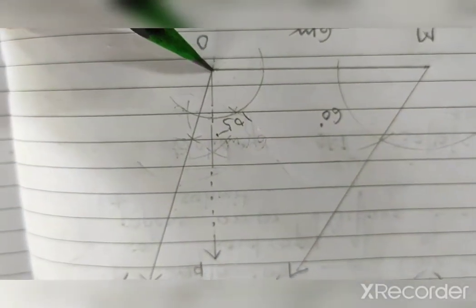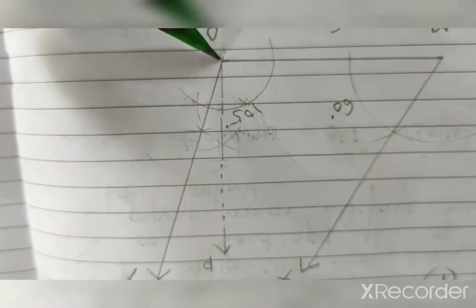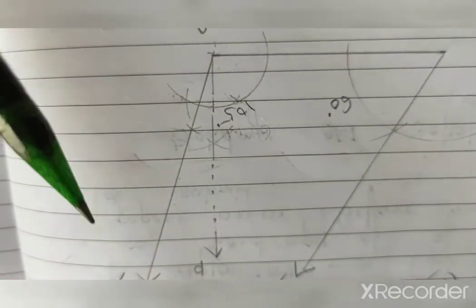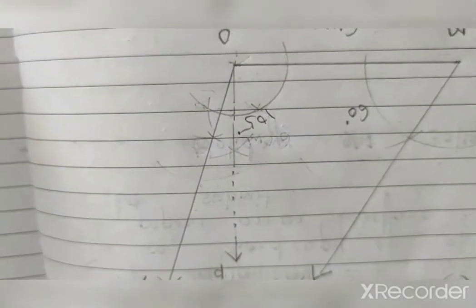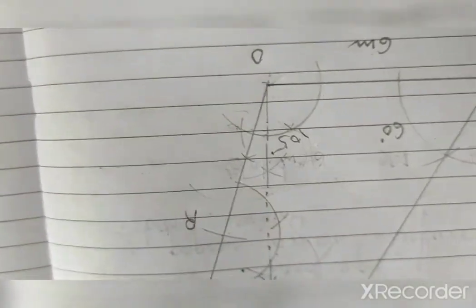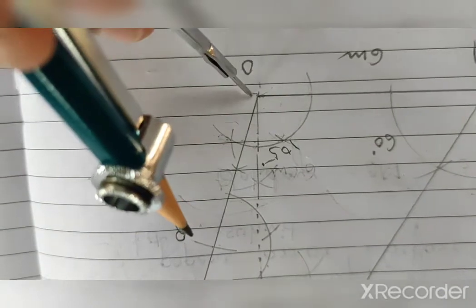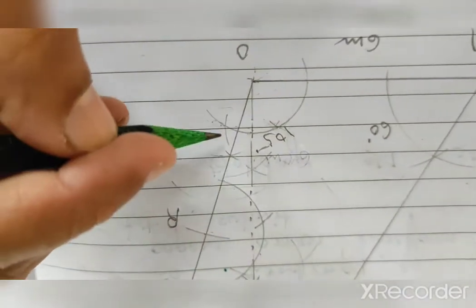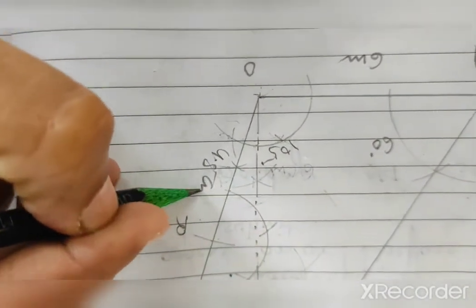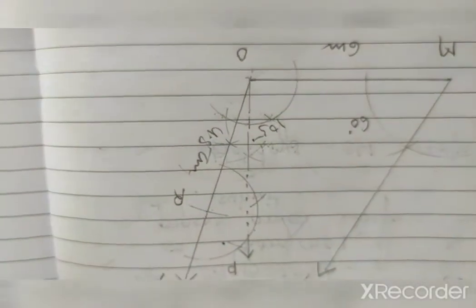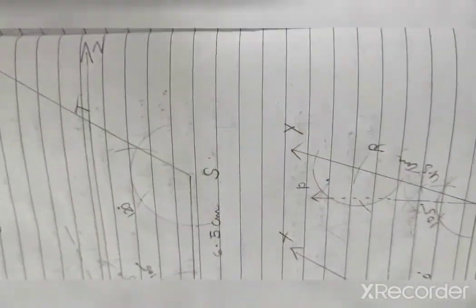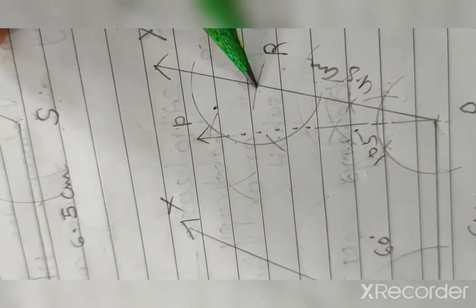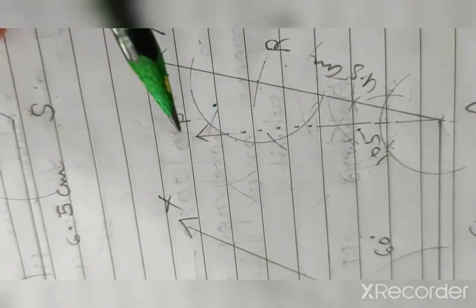Now O to R we can draw. So what we will do, radius we will take 4.5 centimeter and draw an arc on that point. We will get R. Now by taking radius 4.5 centimeter and draw an arc. So you will get OR equal to 4.5. Okay, now afterwards what you will do, see here, angle R we have to draw 105 degree. So R point you got, suitable radius, you will draw an arc.